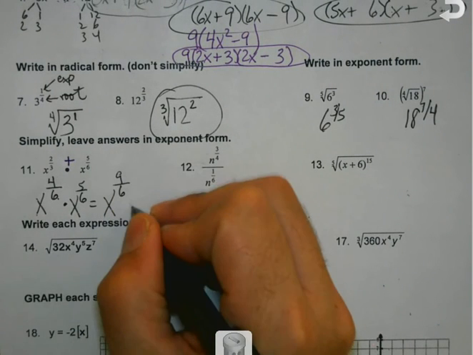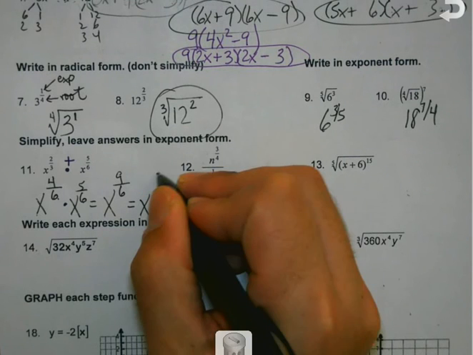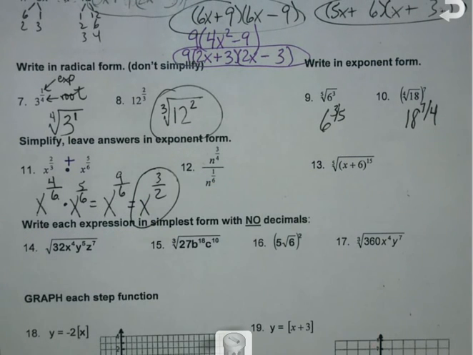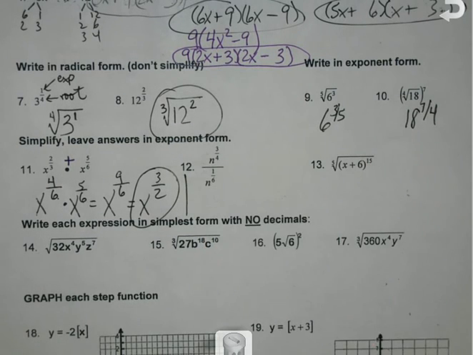Can I reduce the fraction at this point? Yeah, I can divide both of those by 3 and get to the answer. But again, use your brains on this. Don't just go to the calculator and take the easy way out, because sometimes that's going to bite you in the butt. Okay, 12. Exponent rules tell me